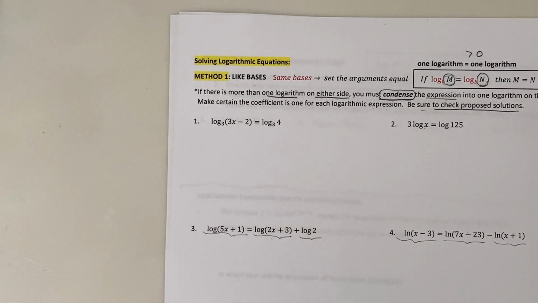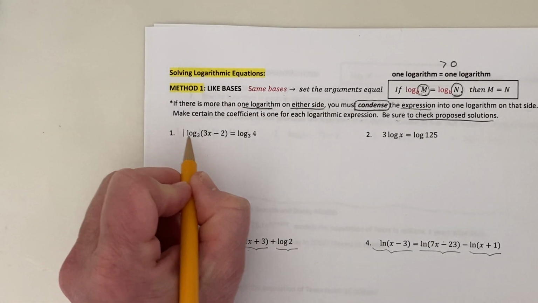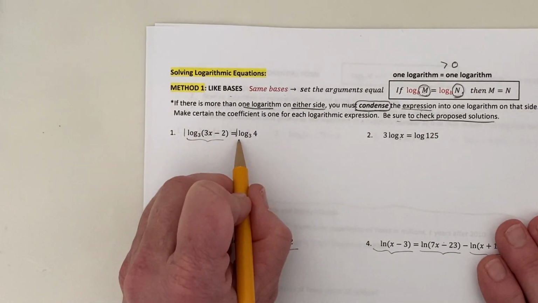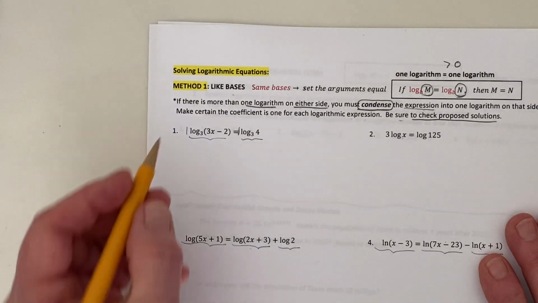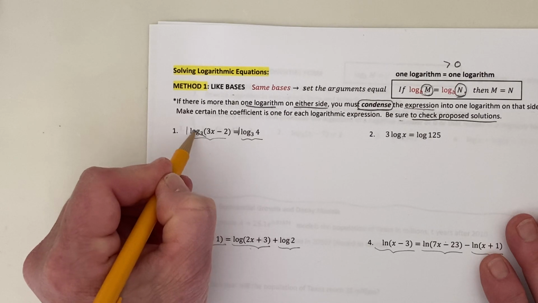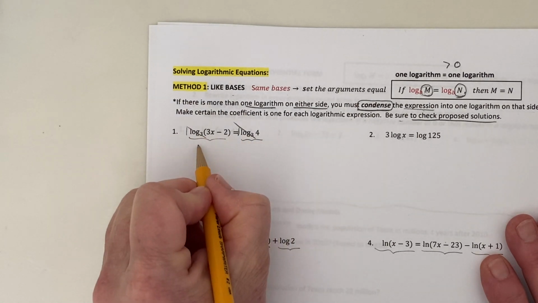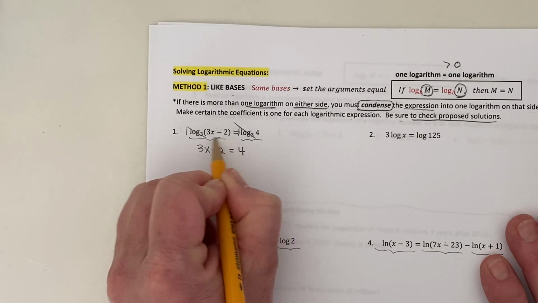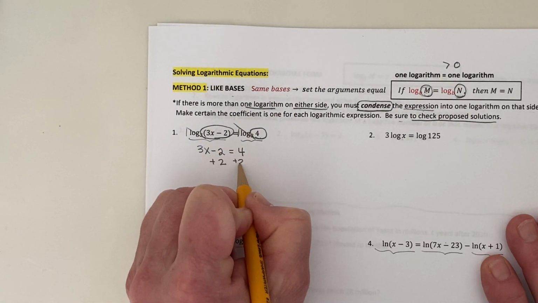All right, so looking at example 1, 2 things are satisfied. The coefficients on all the log terms in this equation are 1. Good. We only have one log term on each side of the equation. Good. Okay, so what do we do from there? Well, we can remove the bases. If this is log base 3 and this is log base 3, I can remove one log from each side of the equation. When these are removed, I set the arguments equal to each other: 3x minus 2, this argument equals this argument. Solving this algebraic equation,